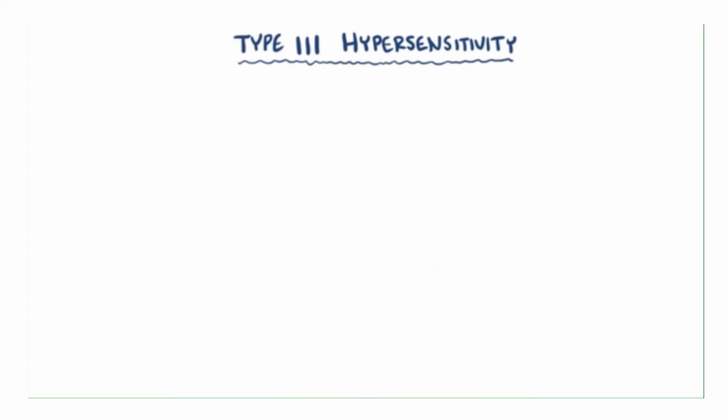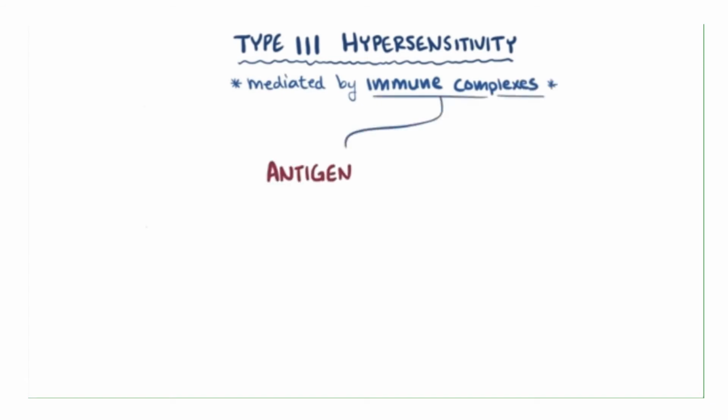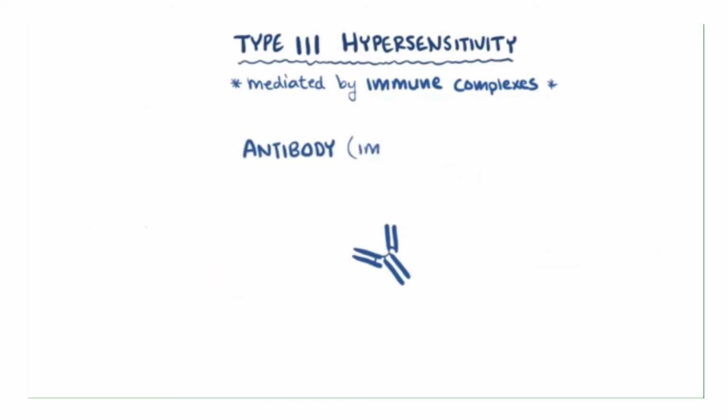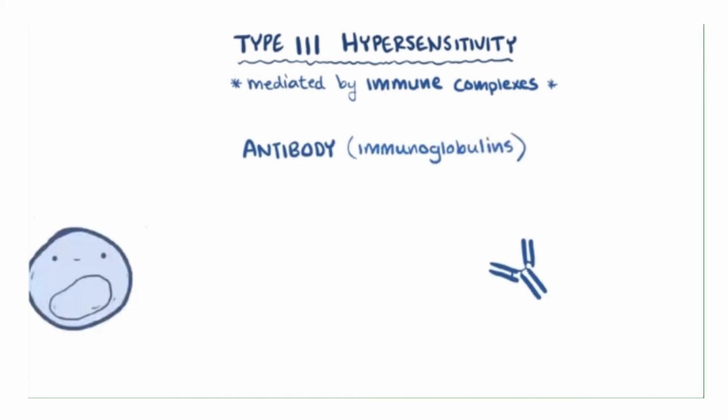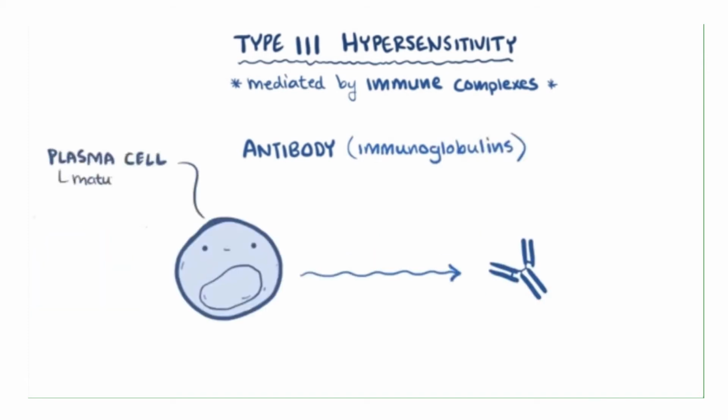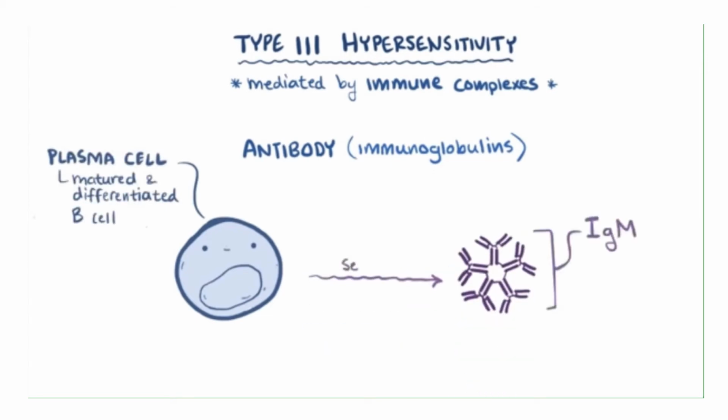Alright, so first off, type 3 hypersensitivity reactions are mediated by immune complexes. Immune complexes, aka antigen-antibody complexes, are made of 2 parts, the antigen and the antibody. Antibodies, sometimes called immunoglobulins, are produced by plasma cells, which are basically fully matured and differentiated B cells. Initially, these cells make IgM, which can be secreted or bound to the plasma cell surface where it acts as